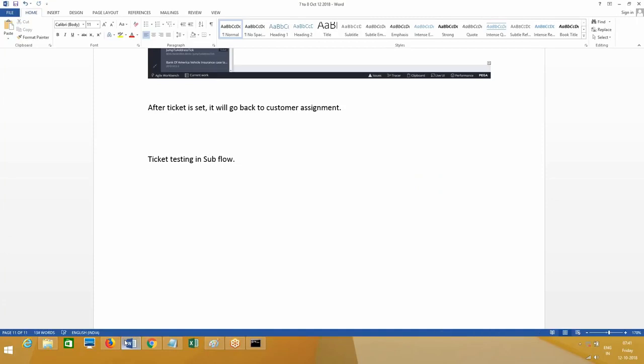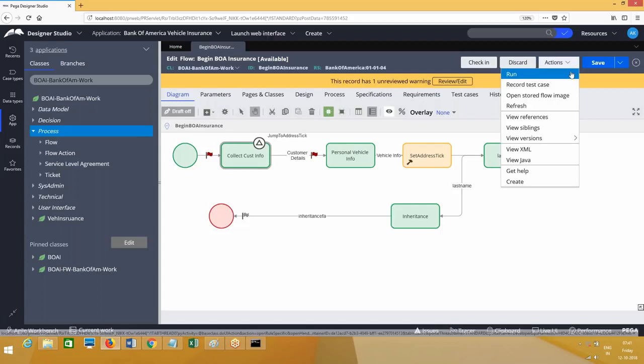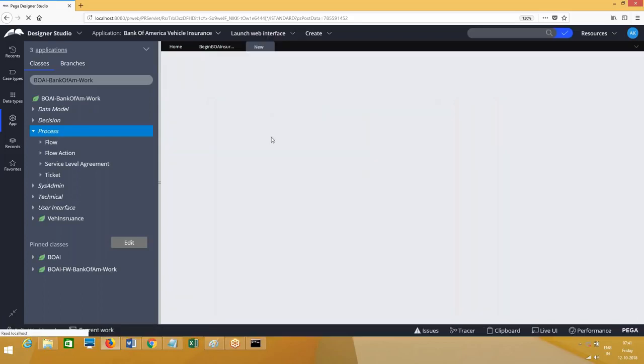In sub, so tickets cannot be set like this in screen flows and all. This option will not be available for screen flows. Let me create another flow. Create a flow, let's say test subflow.